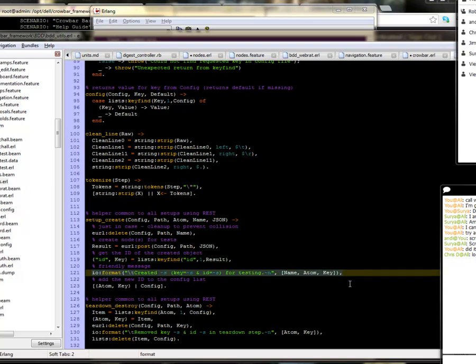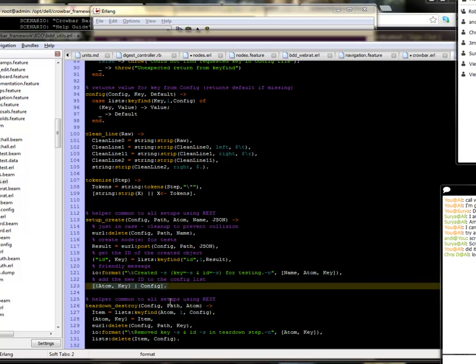It outputs a friendly message, and then this is the critical thing. It adds to the configuration. Here's the configuration list. It stores that. Another thing to keep in mind for Erlang is that it likes to pass around lists because it's functional. It has no global variables. So setup create is going to return basically the current configuration file with a new thing added to it. What it's going to get is the atom, which in this case would be like node 1, and then the ID returned from the database. That's going to get passed in as we go,